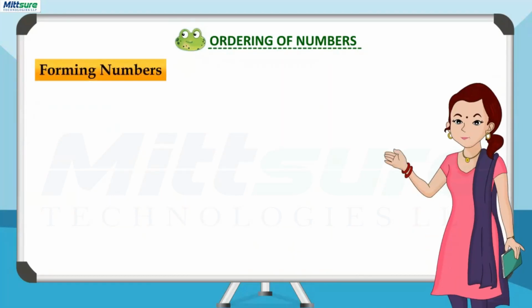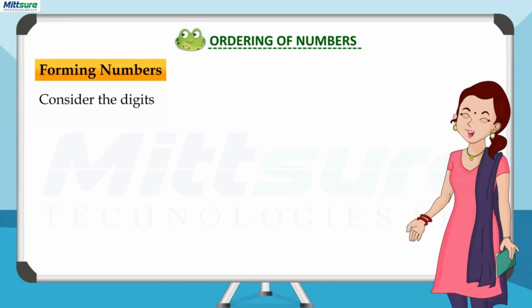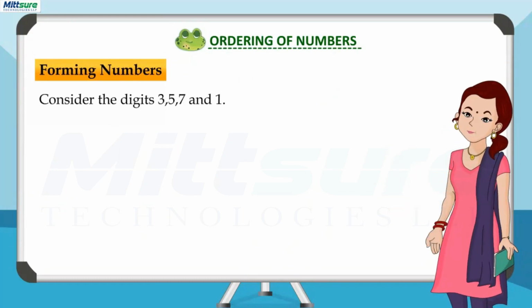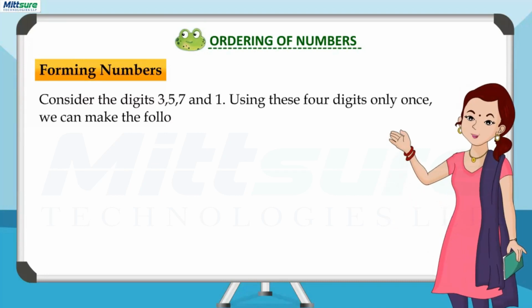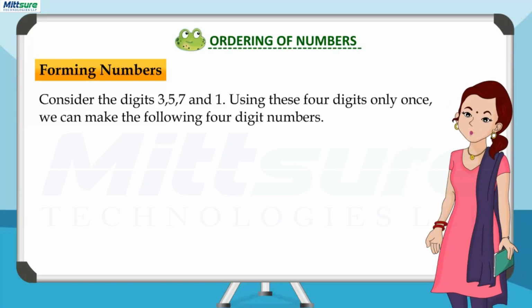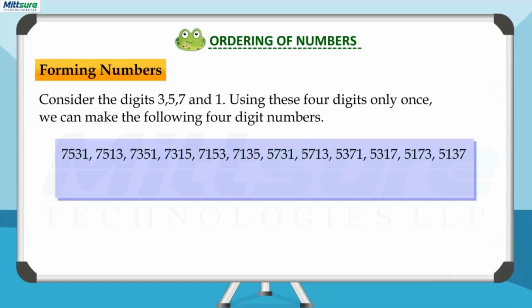Forming numbers. Consider the digits 3, 5, 7 and 1. Using these four digits only once, we can make the following four-digit numbers: 7531, 7513, 7351, 7315, 7153, 7135,